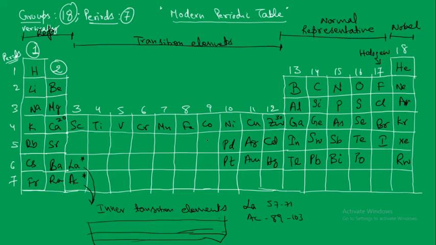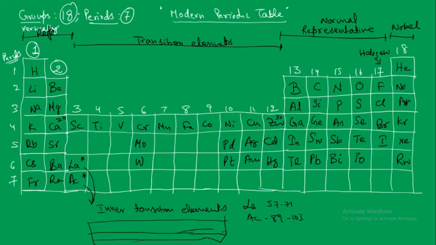Okay, then an important one to remember is chromium. Under chromium, we have molybdenum and tungsten. Okay, so in this way, you need to remember these more important ones. Once you are thorough with these, you can venture into remembering the other stuff. But this is what is extremely important.